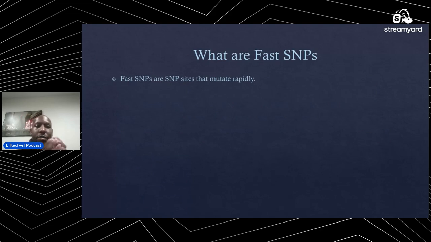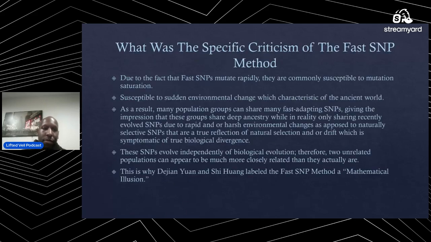What are fast SNPs? Fast SNPs are SNP sites that mutate rapidly. What was the specific criticism of the fast SNP method? Due to the fact that fast SNPs mutate rapidly, they are commonly susceptible to mutation saturation. Susceptible to sudden environmental change, which was characteristic of the ancient world. The reason why I said that is because